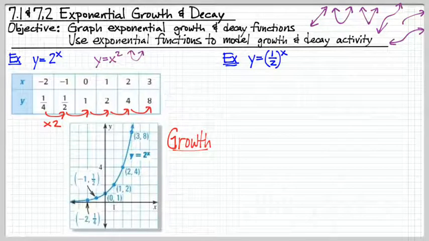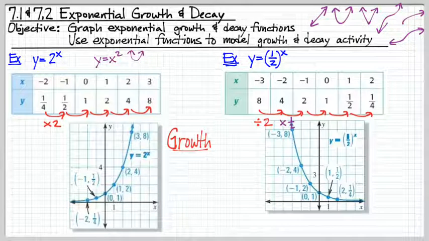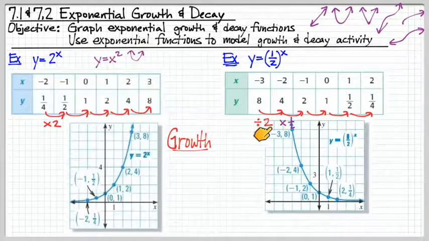Now, on the other hand, we have a case of y is equal to 1/2 to the power of x, and if we make a table, we'll see that every time, instead of it doubling, we're dividing by 2 instead. We're multiplying by 1/2. Another way to write this would have been times 1/2 for every single hop in the x direction. We're decreasing by a factor of 2, we're dividing by 2. So we could see here the graph is decreasing. We start at y is equal to 8, we go over by 1 x unit, it goes down to 4,